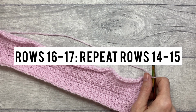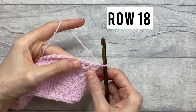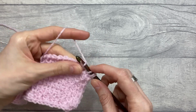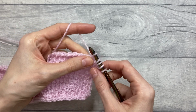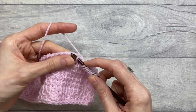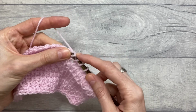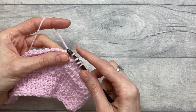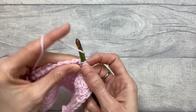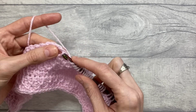Rows 16 and 17 are repetitions of rows 14 and 15. For row number 18, we work Tunisian simple and Tunisian purl twice. So it's simple, purl, simple, purl, followed by Tunisian simple in 5, 1, 2, 3, 4, 5. Then we will work Tunisian purl and Tunisian purl and Tunisian simple and purl twice. So simple, purl once, simple, purl second time, Tunisian simple in 5, 1, 2, 3, 4,